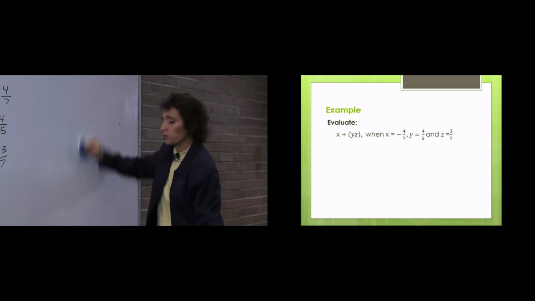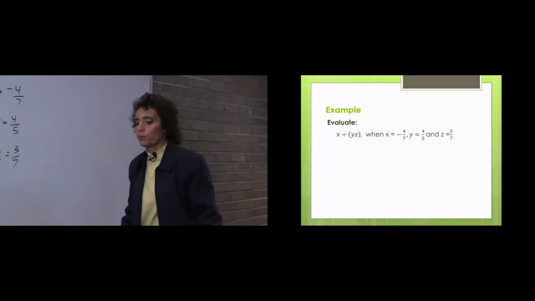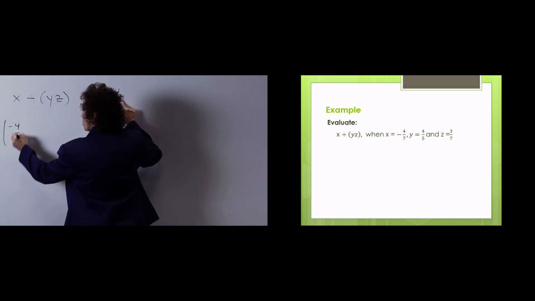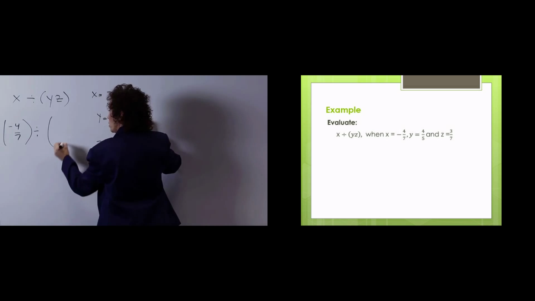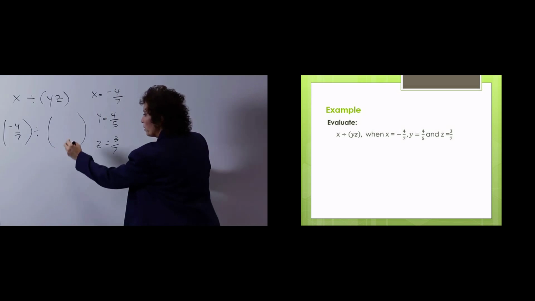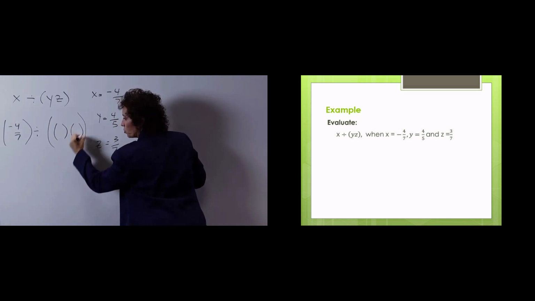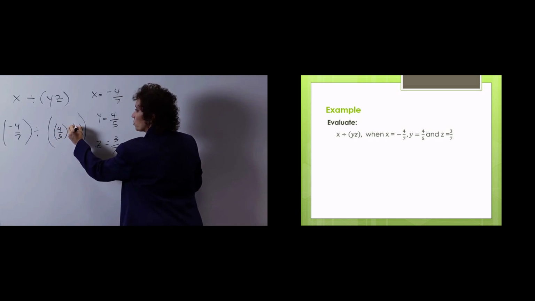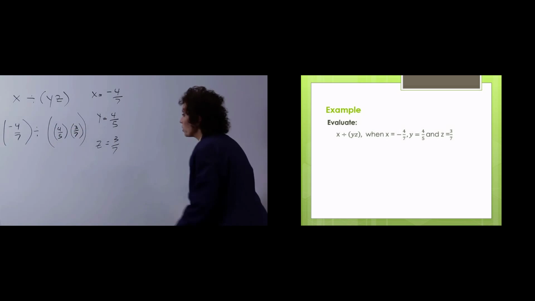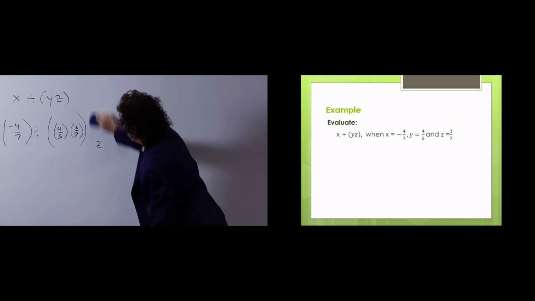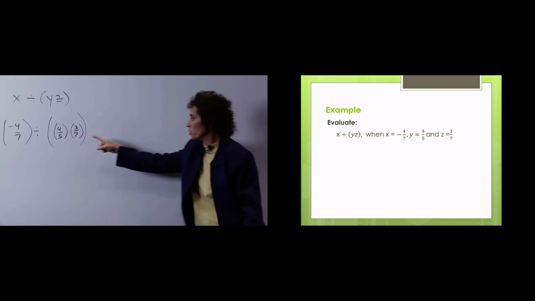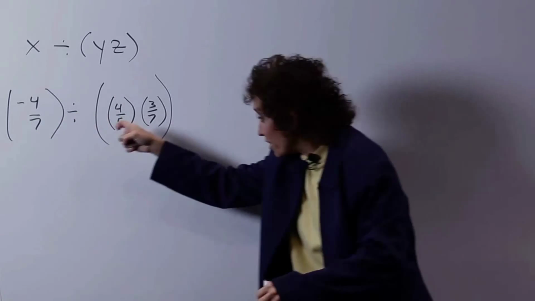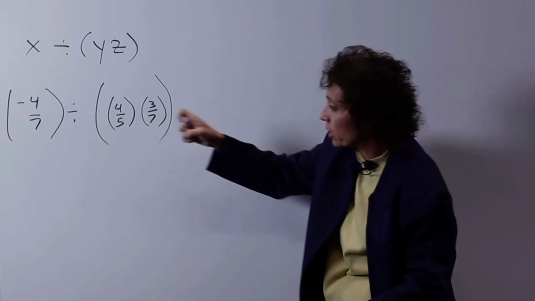Okay, remember, this is substitution. Keep all the original parentheses in the problem. So x is negative 4/7 divided by, here's the original parentheses. And now here's a parentheses for y, here's a parentheses for z. Y is 4/5, z is 3/7. And I'm going to get rid of this x, y, z because it's looking pretty sloppy here now. Okay, so that's what I got. Order of operations says parentheses first if there's an operation inside. There's no operation inside here, but there definitely is in here. This looks like a mess. Let's take care of it.